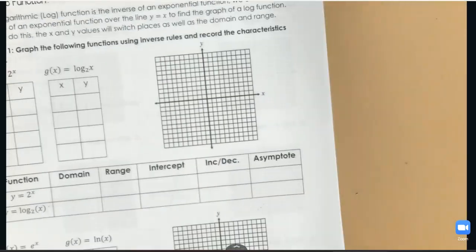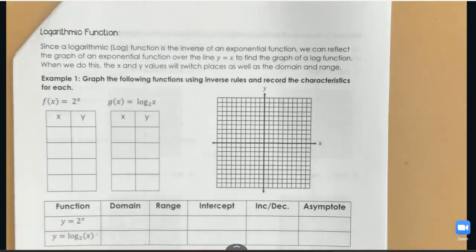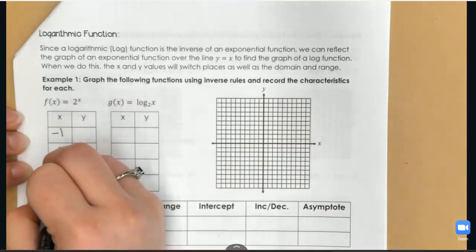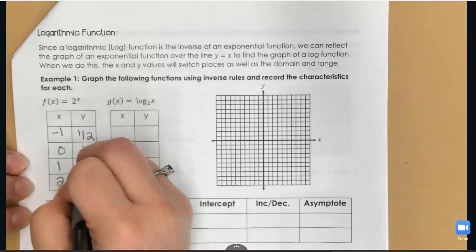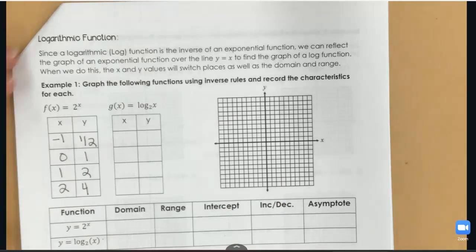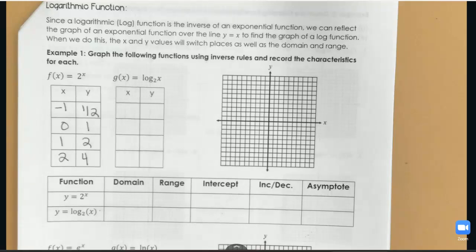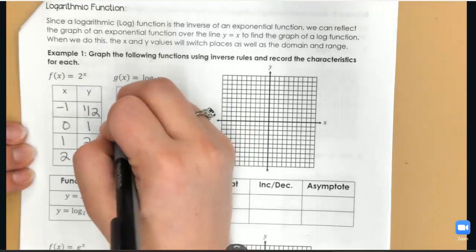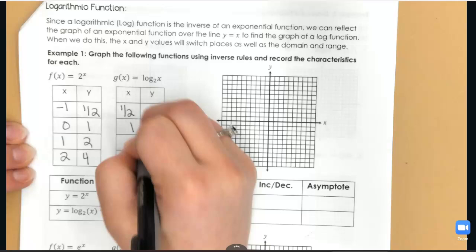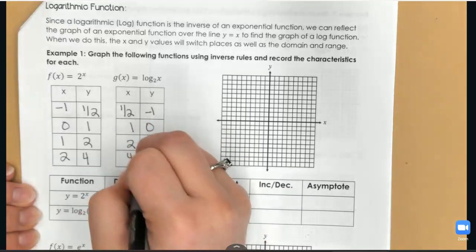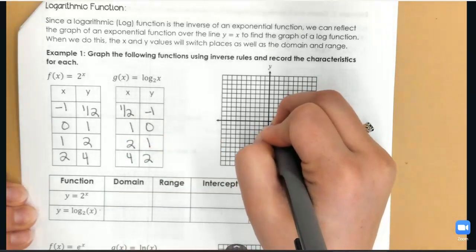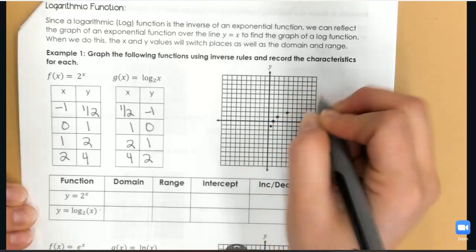So let's get into the log function now. Remember, logs are inverses of exponentials. So if I refer back to that 2 to the x that we just looked at, and I'm just going to look at 4 of those points that we were graphing over and over again. If I wanted to find the log, remember, inverses are just switching x and y. So to graph the log base 2, all I would need to do is switch the x and y pairs in my table, and I can now graph these 4 points,